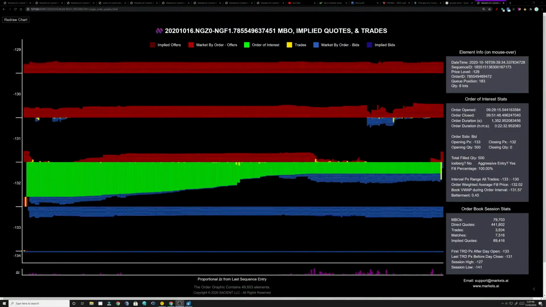For this second graphic, I decided to stay on the same book from the same day and just pick a different order with a different quantity and time of day. When you first look at this single order graphic, what you want to do is start here. This is going to give you a snapshot of the parameters or the stats that are associated with this particular order of interest,